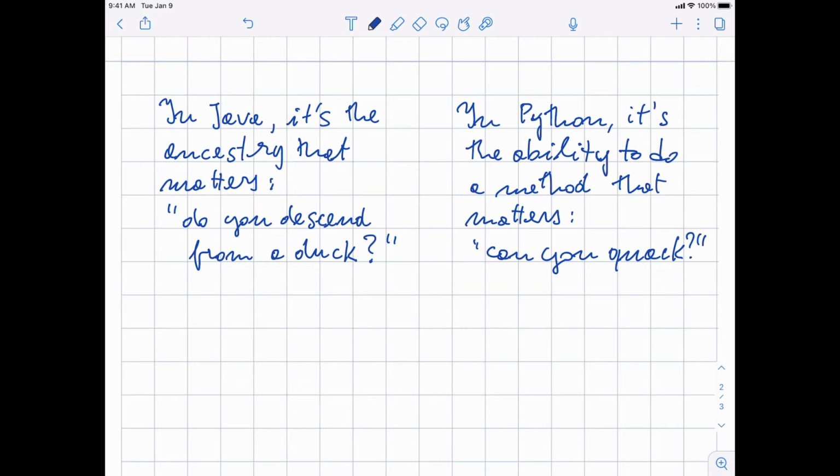When you declare a Java function, you say, for example, that the function f will get any parameter that is a duck. Okay, this means that you can accept an x that is a duck or an x that is a subclass of a duck. If you can quack and swim, but you're not a duck, a descendant from a duck, you are toast. That's the way of Java.